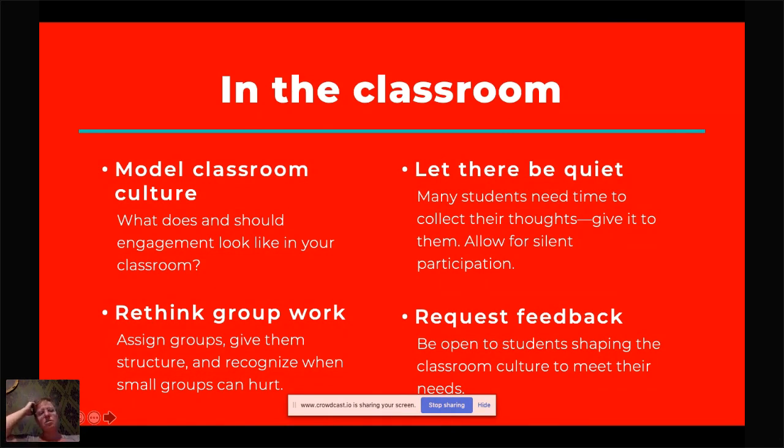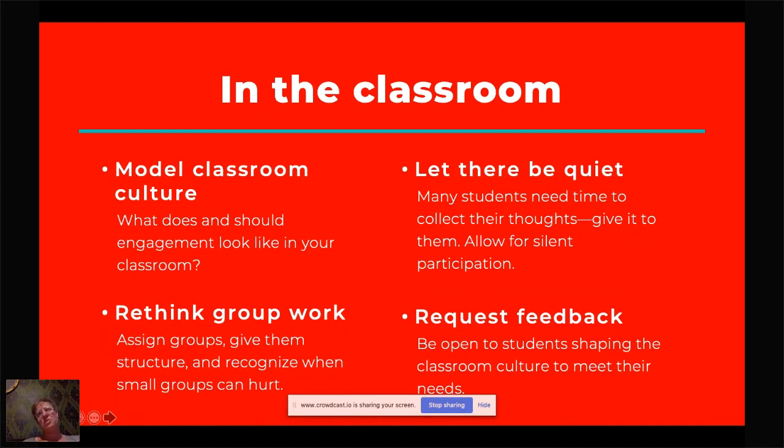Next, I want to talk about group work. Group work is really important for a lot of our classes. If you teach a discussion-based class, having small group discussion within the larger group discussion, I think gives students another way to participate that they can't have if we're all in the same large group discussion all the time. So some tips for inclusive group work.